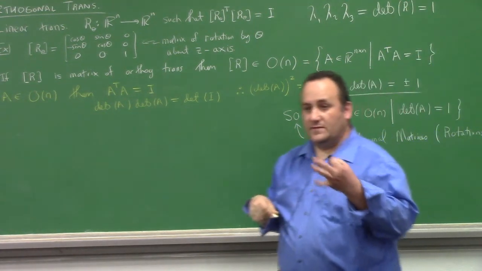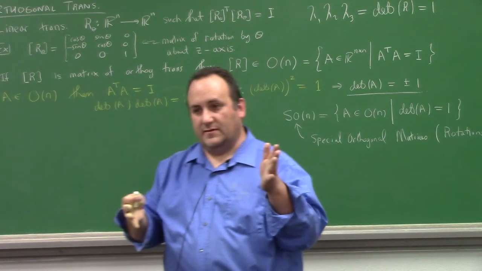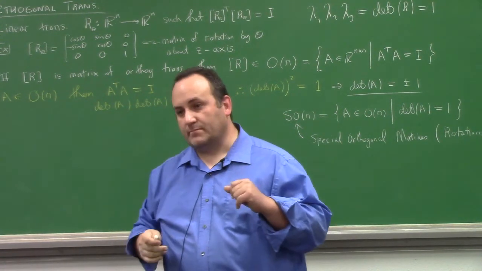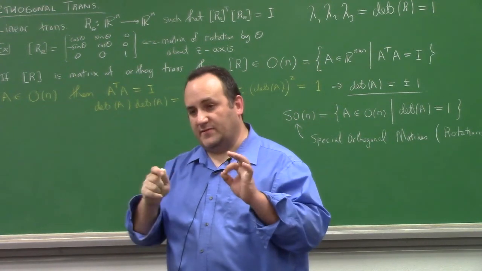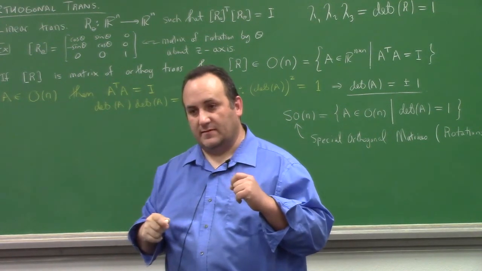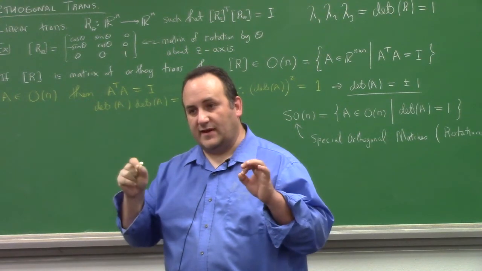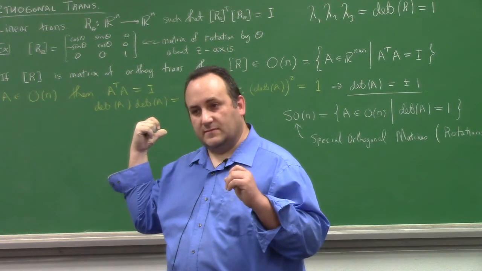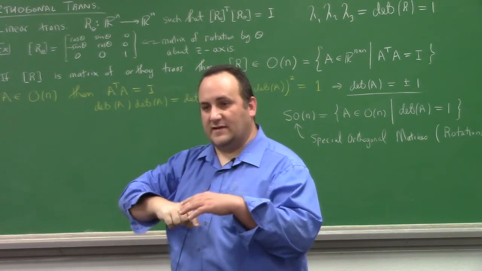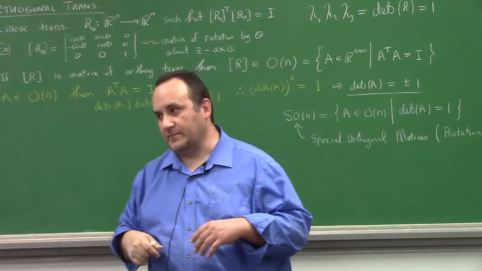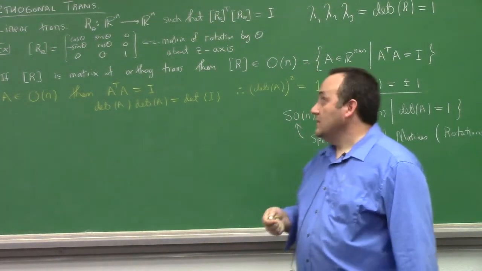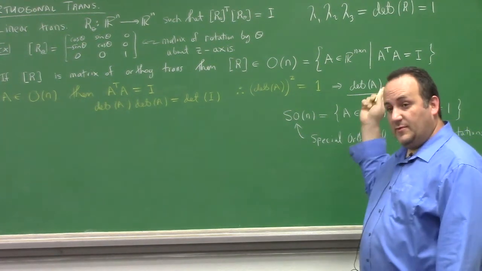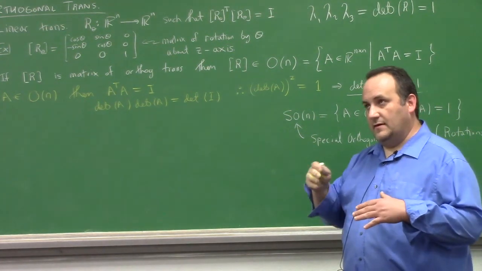So that forces, either they're all real, in which case they have to be all 1, 1, and 1, or 1, minus 1, and minus 1, or they have to come in a complex pair, and the remaining one has to be 1. So any way you slice it, there's always an eigenvalue 1 for a rotation matrix in 3 dimensions, which is to say that there always exists an axis of rotation for a 3-dimensional orthogonal transformation with determinant 1. Now when you put determinant minus 1, there doesn't have to be an axis which is